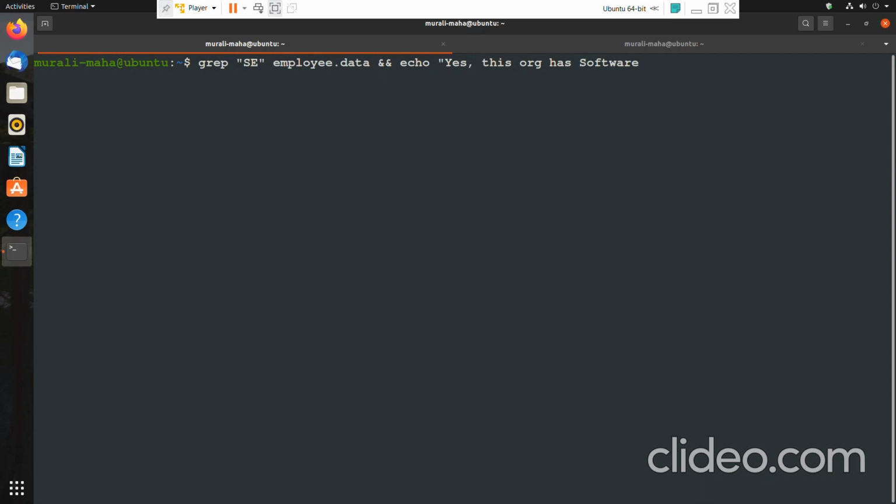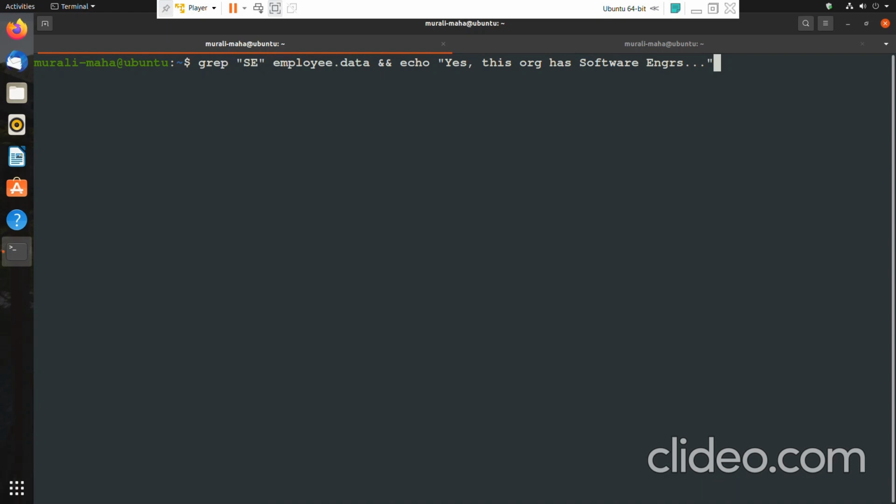So I'm grepping for the pattern SC in the file employee.data, and if grep is able to find at least one matching line in the file employee.data which contains the pattern SC, what does it mean? Grep is successful.